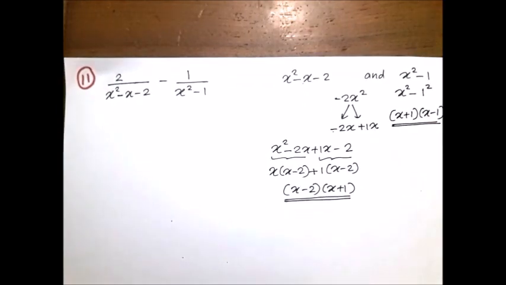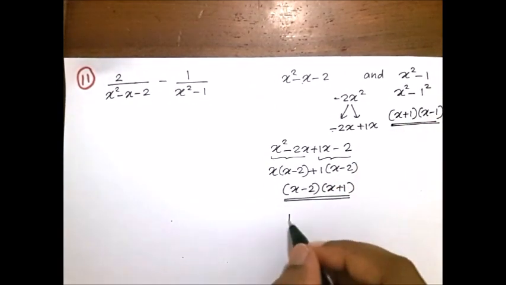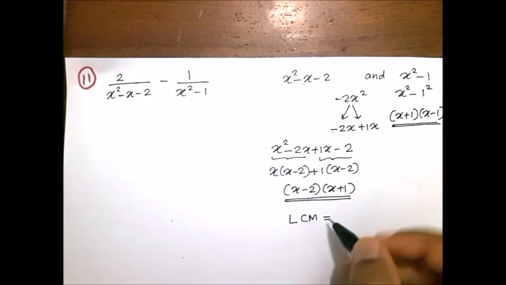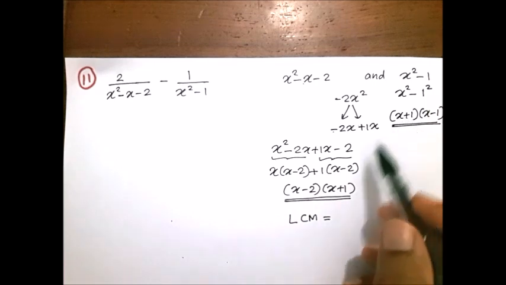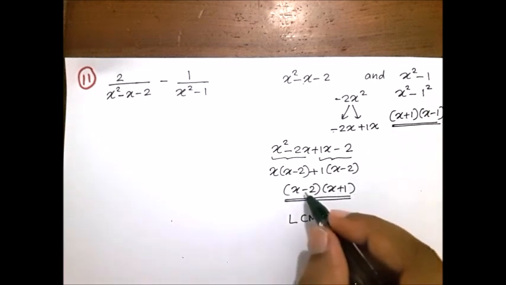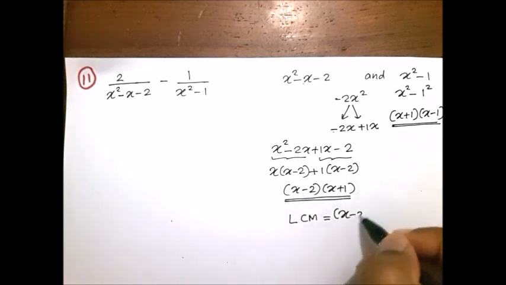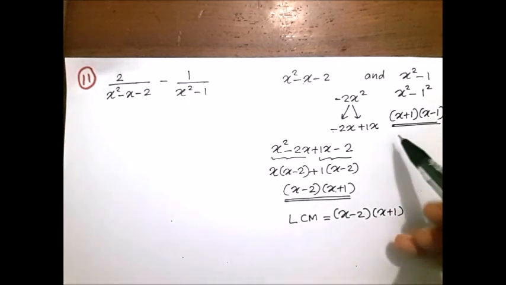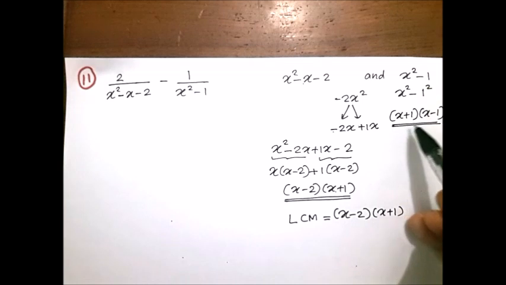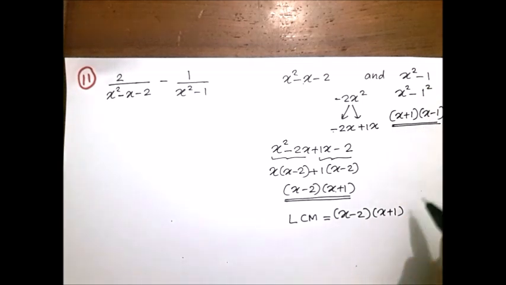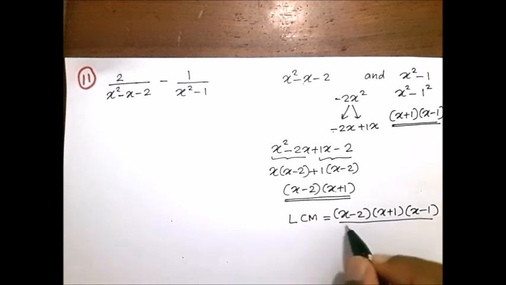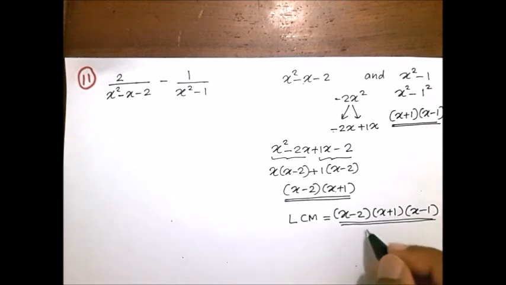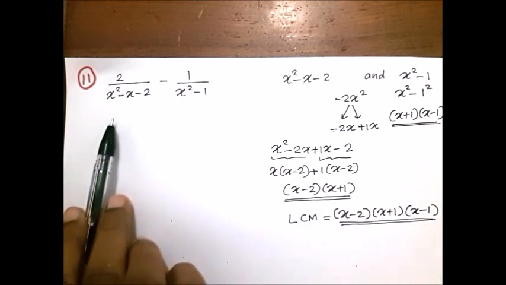Then find the LCM of these two. In the LCM, you have to select each and every different term. So first select (x - 2). Then select (x + 1). (x + 1) is here also. Then select (x - 1). This is the LCM. Now you have to take this LCM as the common denominator